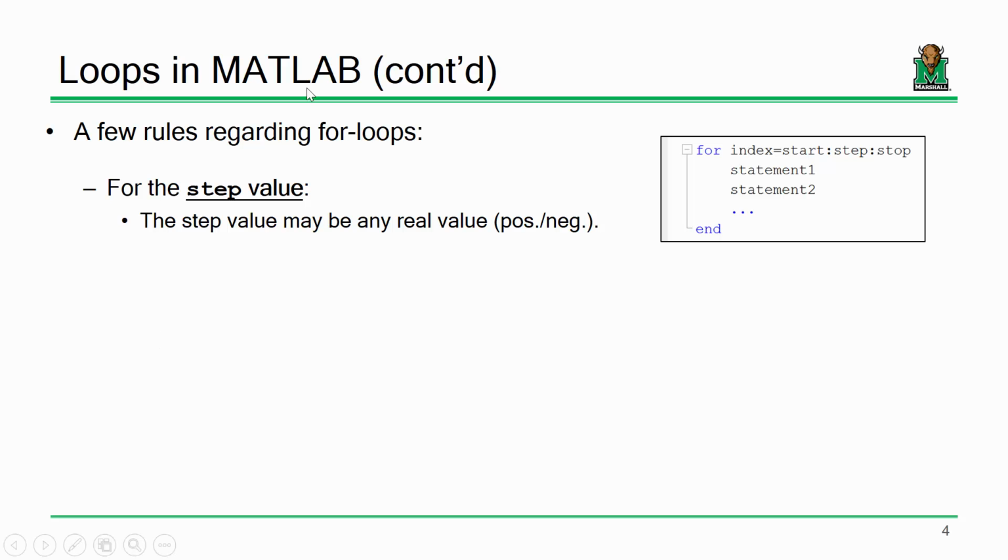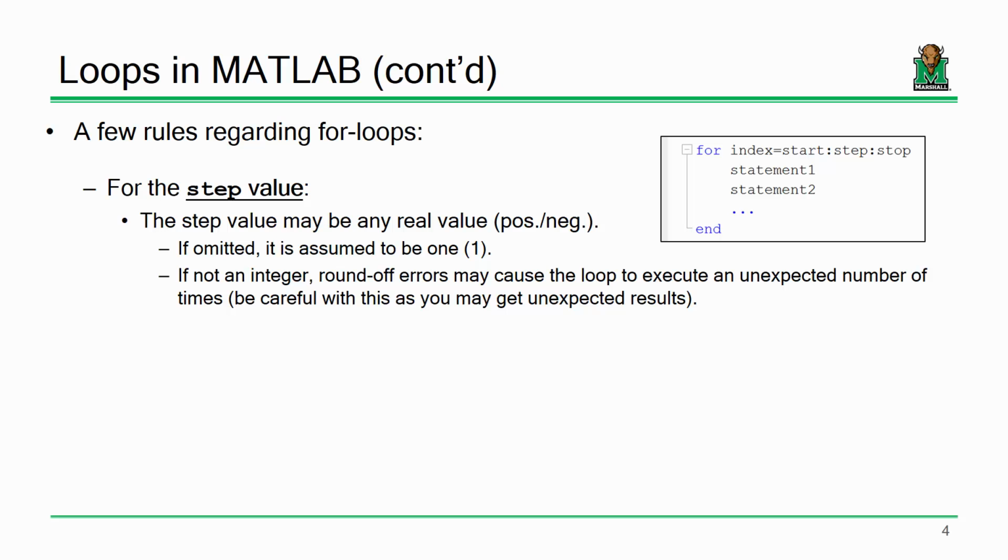All right, so again, the stepping value, I think what makes the most sense is for it to be 1. And in fact, 1 is the default assumption, so you don't even have to put a stepping distance of 1. If you just put in a start and a stop, then MATLAB can operate from that. But it can be any real value, positive or negative. So you could do a stepping distance of 2 or 3 or whatever, and then it would count in those